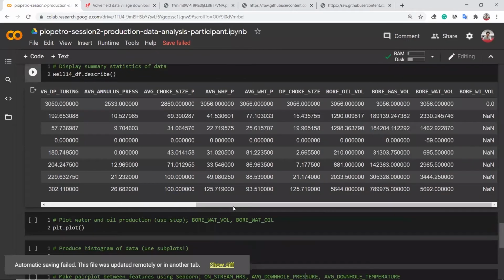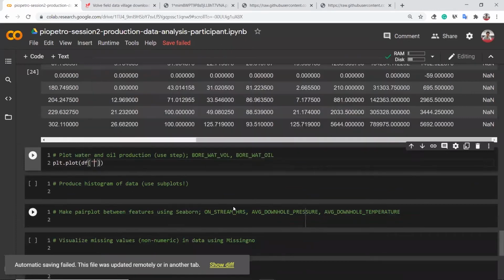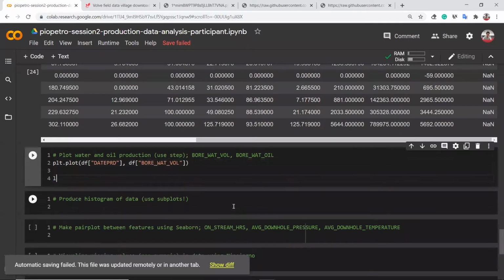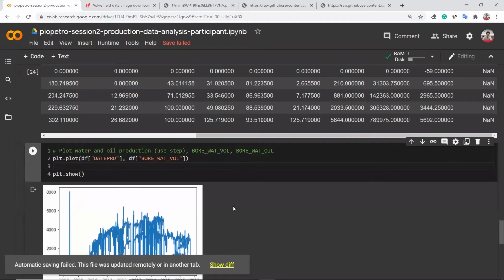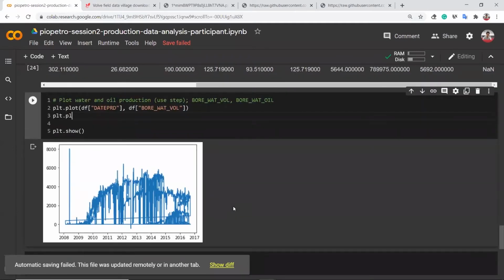The x-axis is our day production, and the y-axis is our water volume. And don't forget to use plt.show. So this is the plot, but we want to make it more cool. So this is the second plot, the day production and